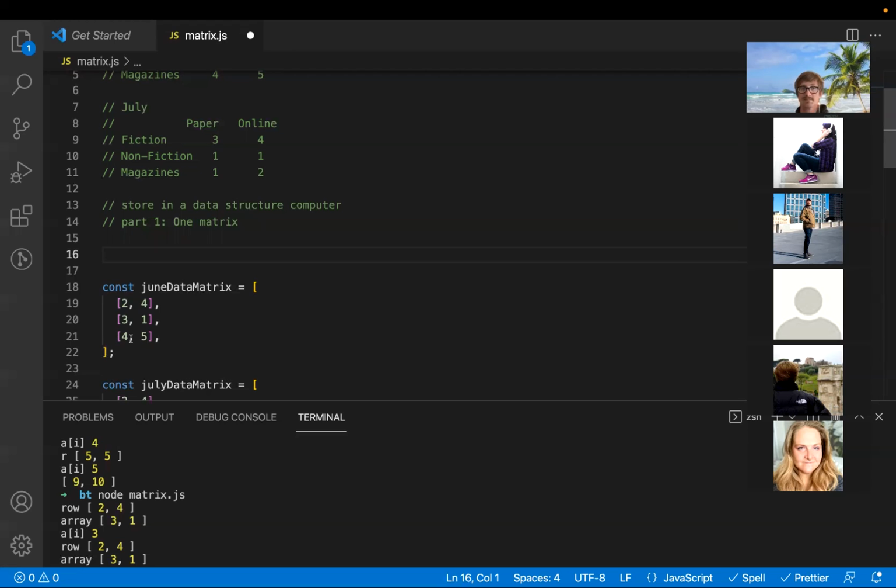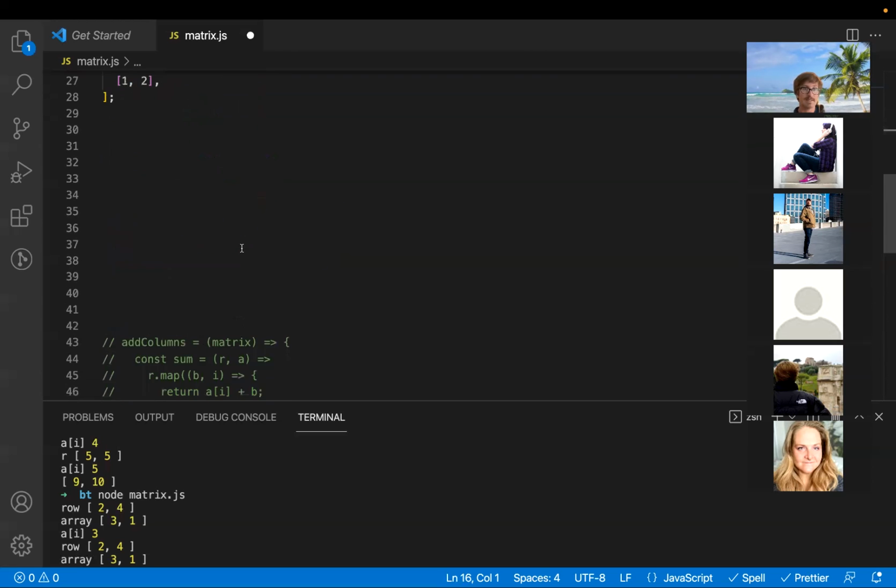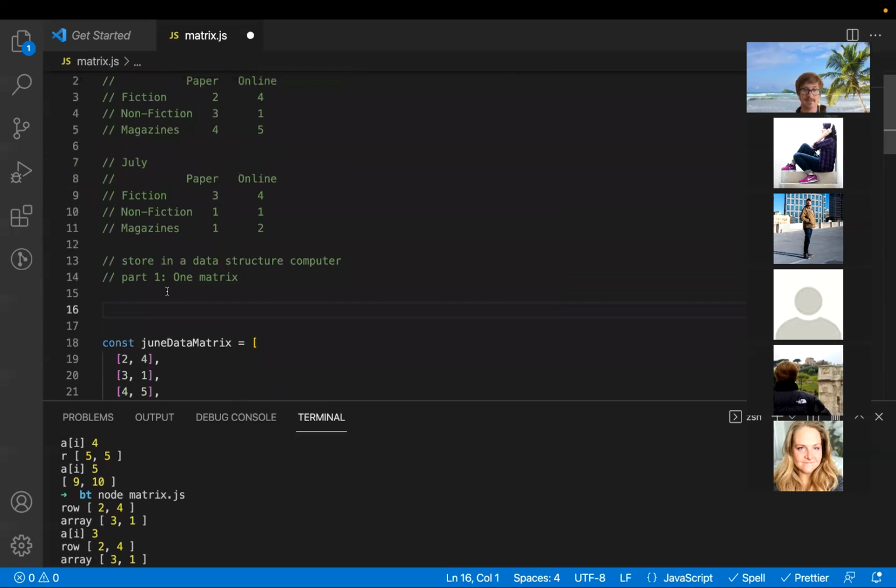Part of the reason this is important, why maybe this data structure is better to use than an object, well, let's first look at an object. If I come down here, I'm just going to make a simple object. One of the problems with objects is